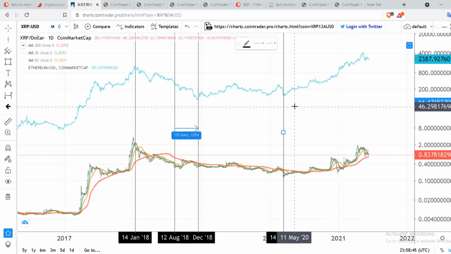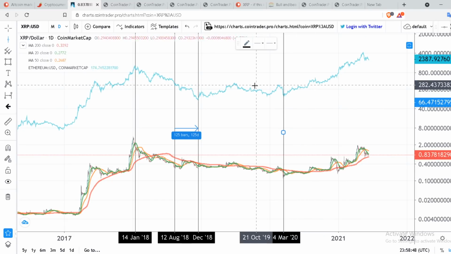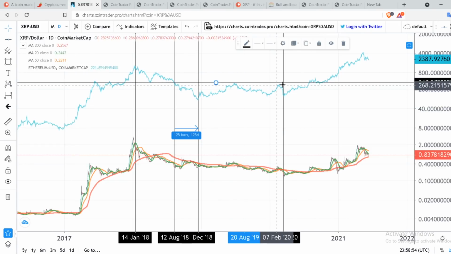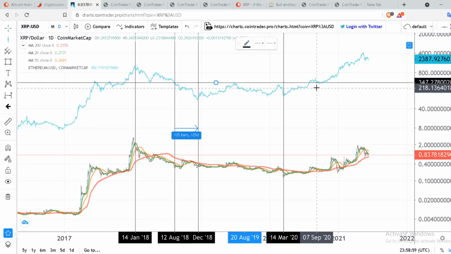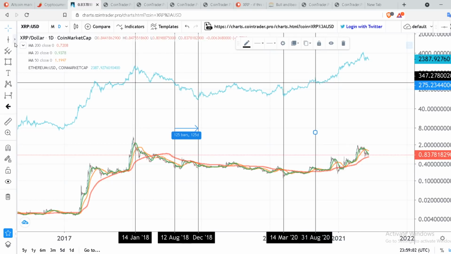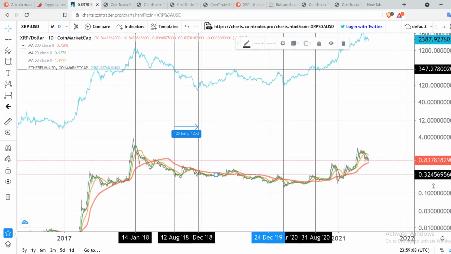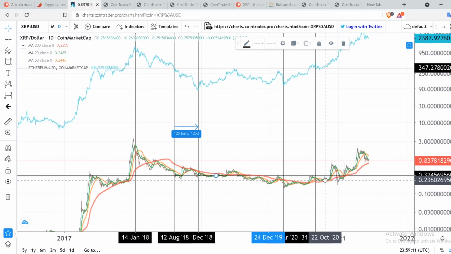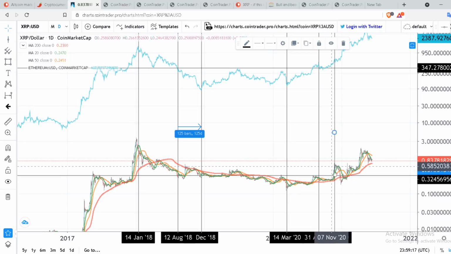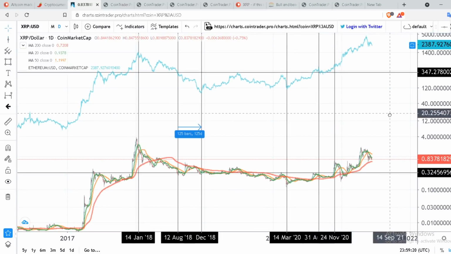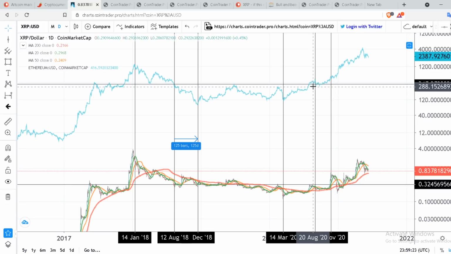See here, if you are putting this into perspective, you can see this one was the pop about this range, which is, say, if you put a horizontal line here for Ether and then look at this particular point, that's where Ether moved above that accumulation range. Now put a vertical line there and see what XRP was doing back then, because at that time XRP was lagging. This was the accumulation range. If you see for XRP, it was below that. It went above and reached that range here, right? We reached that top by November 2020. Now, if you look at Ether, it went above and it was reaccumulating there before it moved higher.